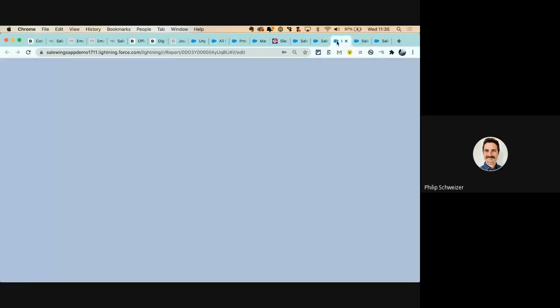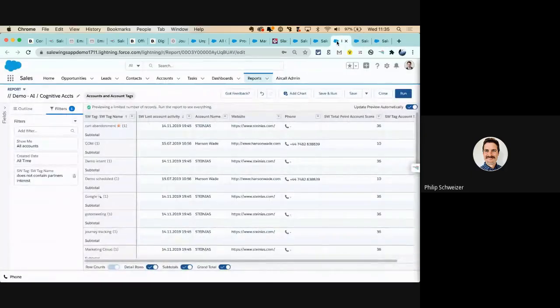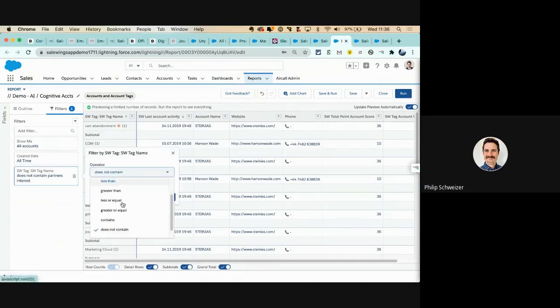Another way we create sales and marketing alignment is around campaigns or different topics one more time. Imagine Deloitte Digital has a dedicated team to sell AI and cognitive tech. Well, how can a marketing team hand over leads explicitly interested in those topics? Well, once more, SalesWings can here create reporting.